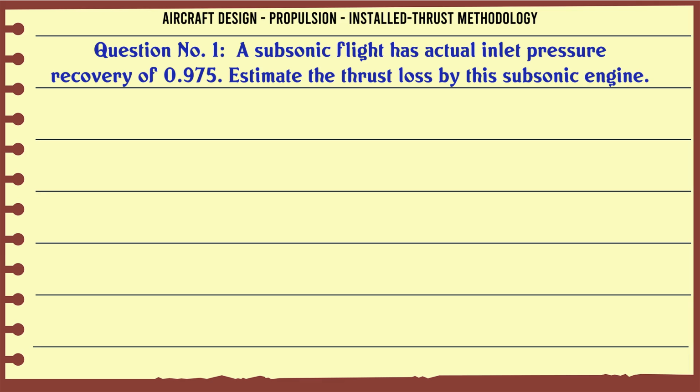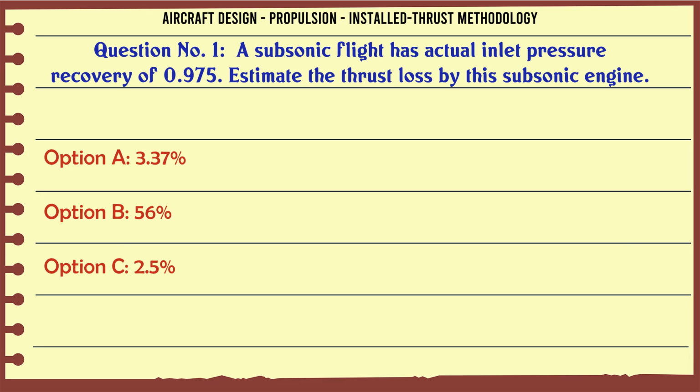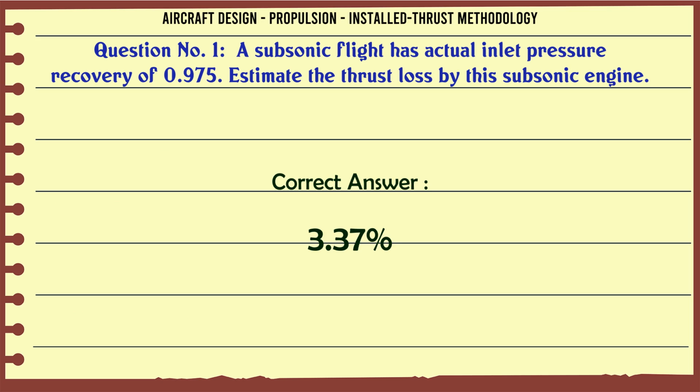A subsonic flight has actual inlet pressure recovery of 0.975. Estimate the thrust loss by this subsonic engine. A 3.37, B 56, C 2.5, D 11.22. The correct answer is